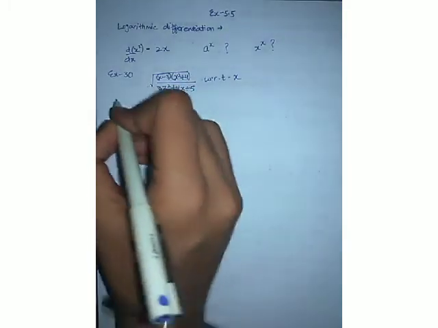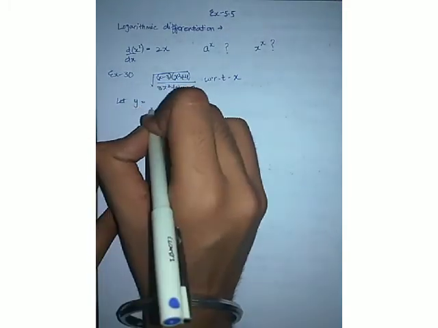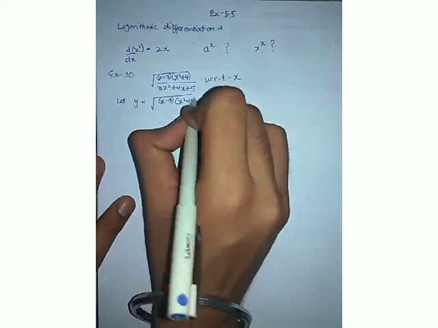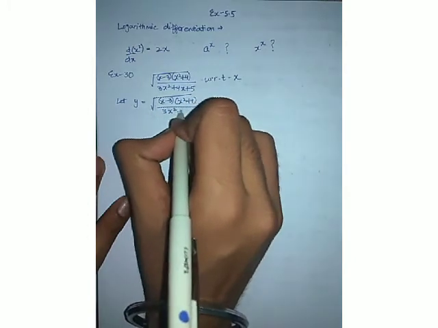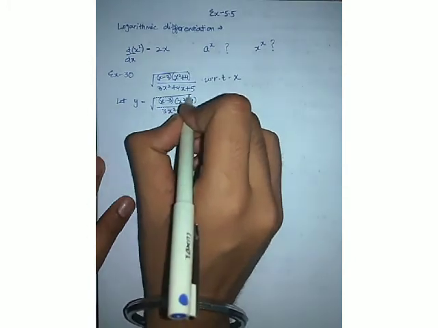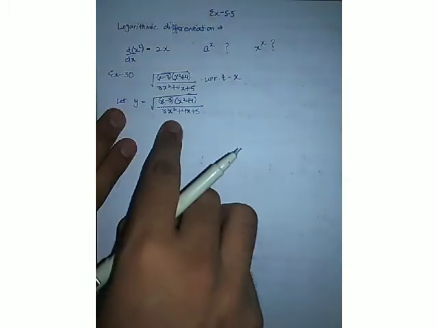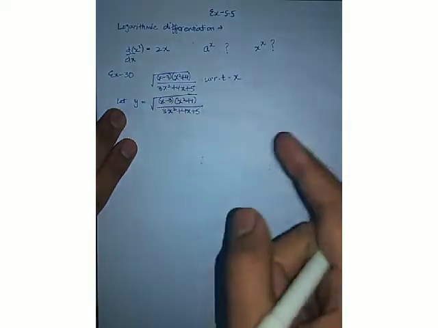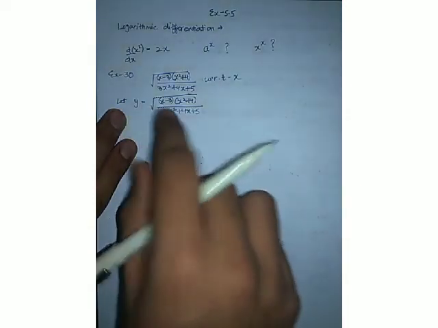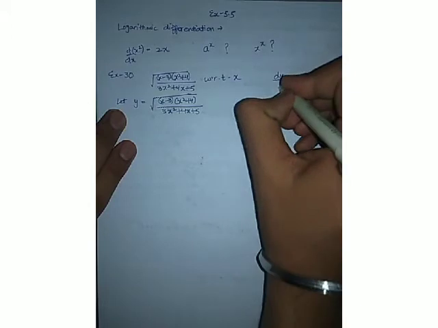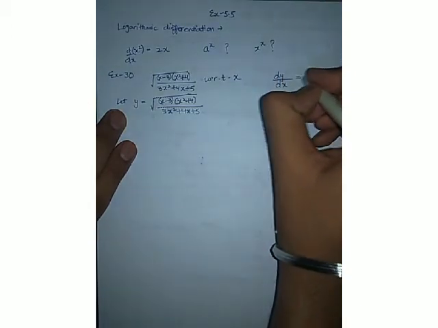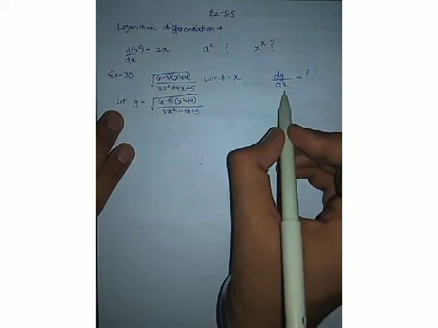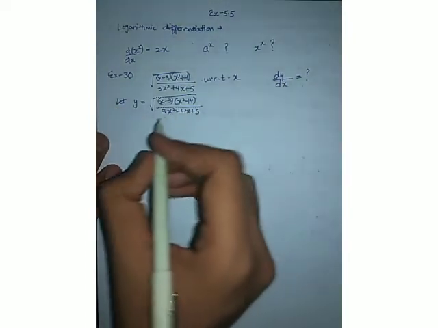So first of all, as I have told you, you have to let y be equal to the given function, that is (x minus 3)(x square plus 4) over (3x square plus 4x plus 5). Now we have supposed it to be equal to y and we will be differentiating it with respect to x. So indirectly or directly, what we have to find is dy upon dx. Clear? Because y is going to be differentiated with respect to x. So that is why we will be finding dy upon dx.